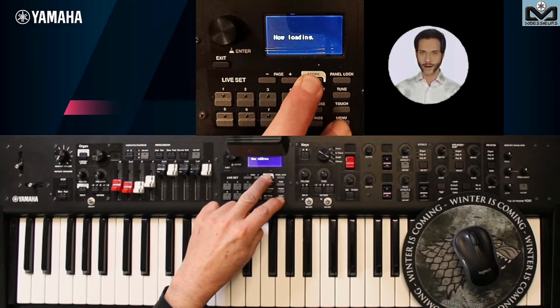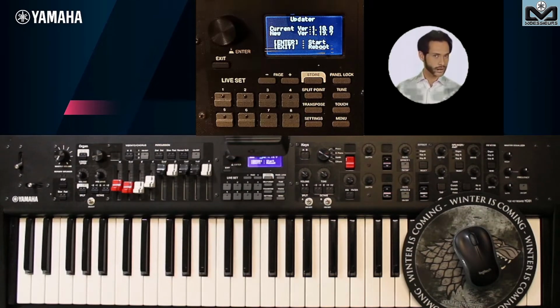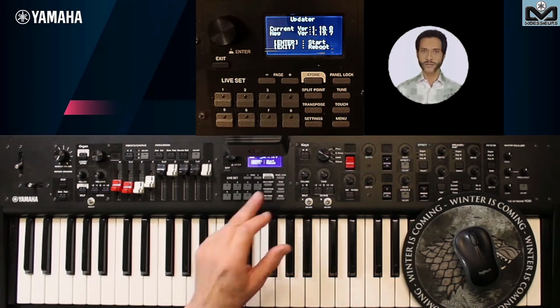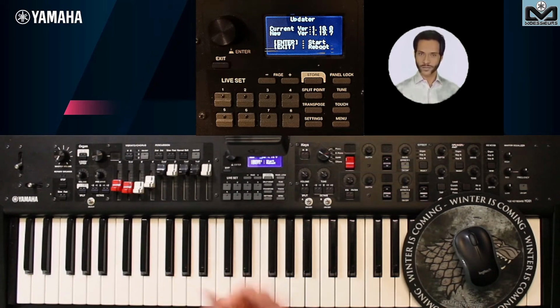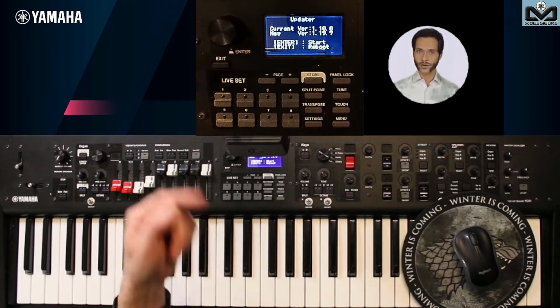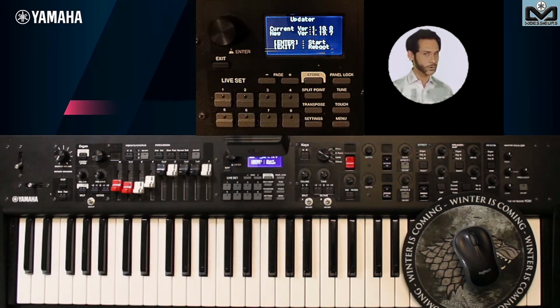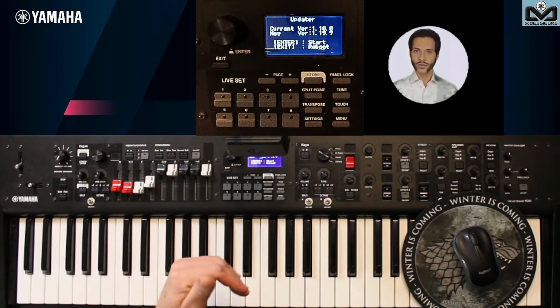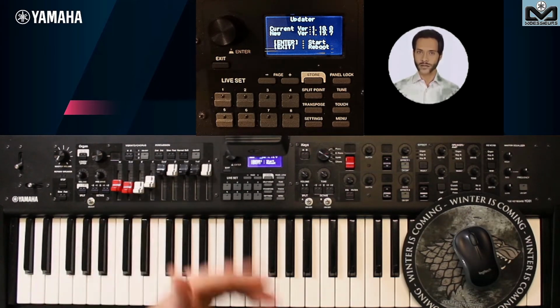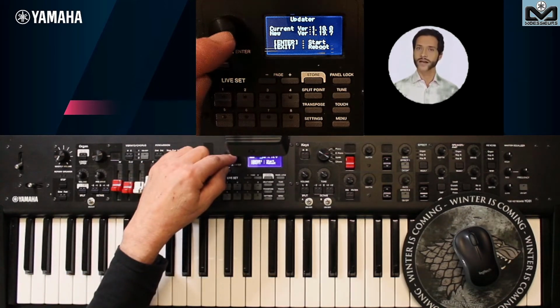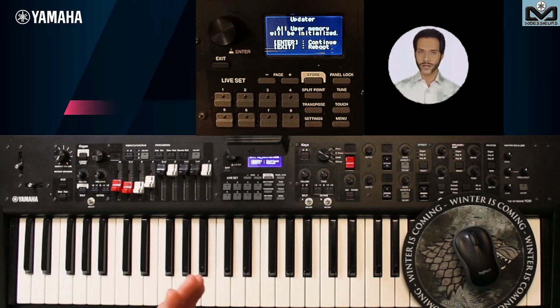Look at the close-up camera shot. You see on screen now loading, we can now release our 2 fingers, and you see current version 1.10. As the version used for this video is a beta version, it is right here 1.19.7, you will see 1.20.1 when you do it at home. Press enter on the encoder here to go to the next phase. If you press exit, it will reboot and not update, so of course you validate with enter.